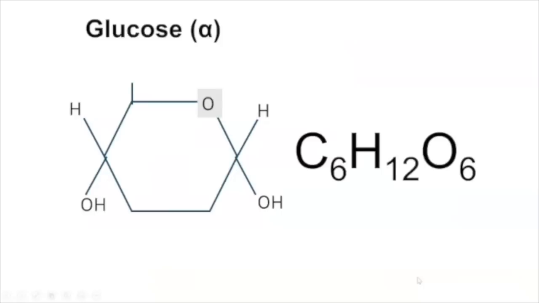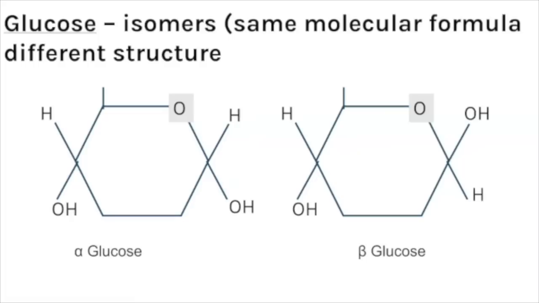Now for the monosaccharides, the main thing you need to know is the structure of alpha and beta glucose. So alpha glucose we can see here. This is the level of detail that you'd be expected to draw this for AQA biology. And you would also need to know the formula, so C6H12O6. Now I did say you need to know alpha and beta, and that's because glucose comes as 2 isomers,